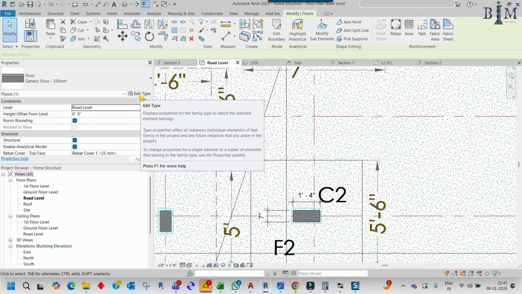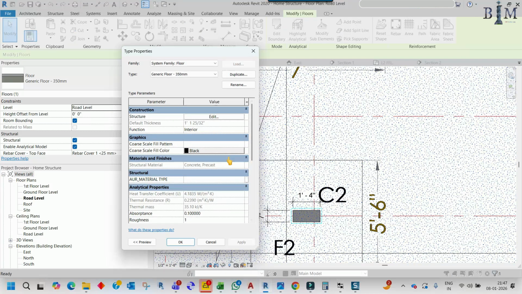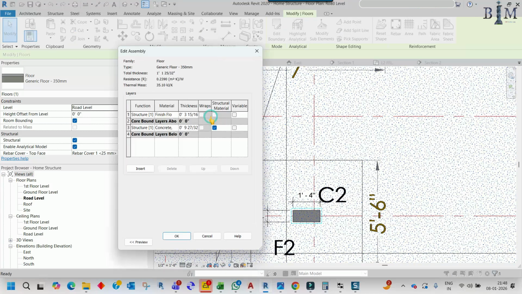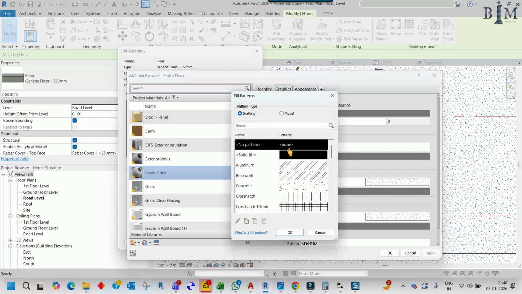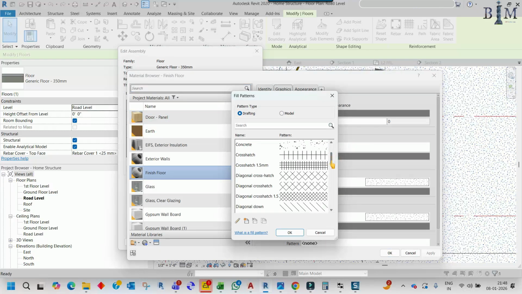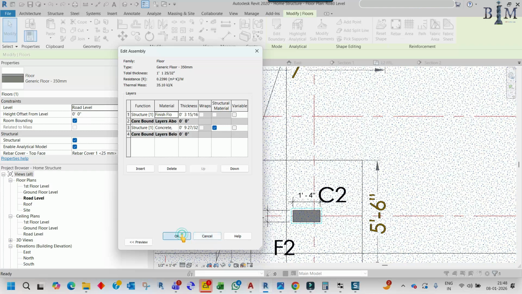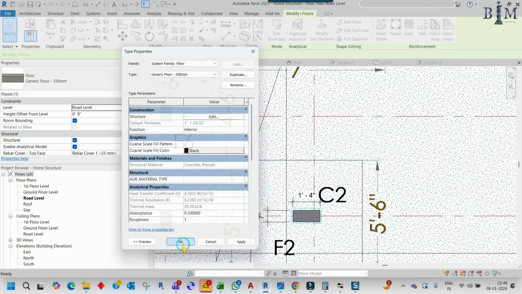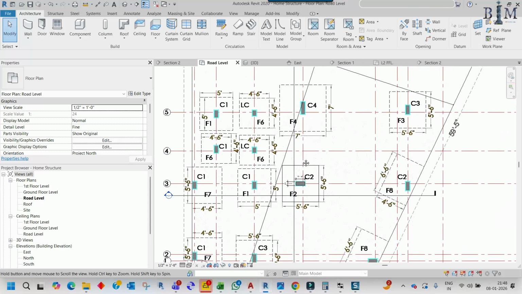Another option is that, here go to edit type again, go to the structure again, and here finish floor, and here I need the same hatch. No problem, I have another option to control the hatch, so sand dense, and okay. Another option is that I don't want to show the floor in the plan view, so for that VV,